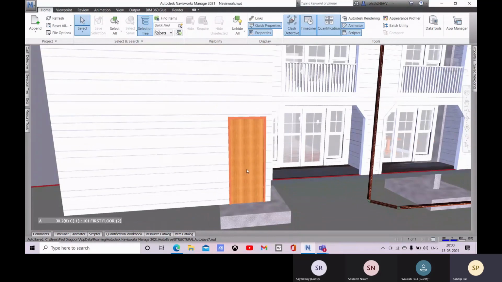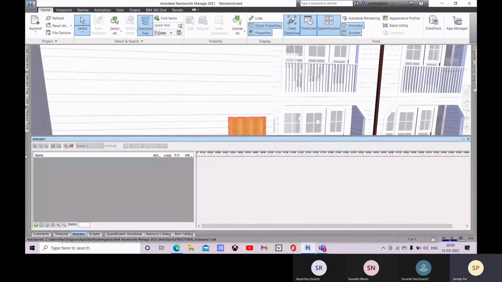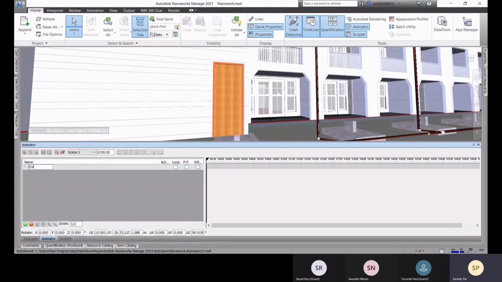So for that also we have some options. We can create an animator. So here we have this animator option. Okay, so we have to check that animator option there, and this is your animator window. And then what you have to do is add a scene. So there you have this green plus symbol, or else you can right click there and go for this add scene. So let's add, and here you can type entrance,